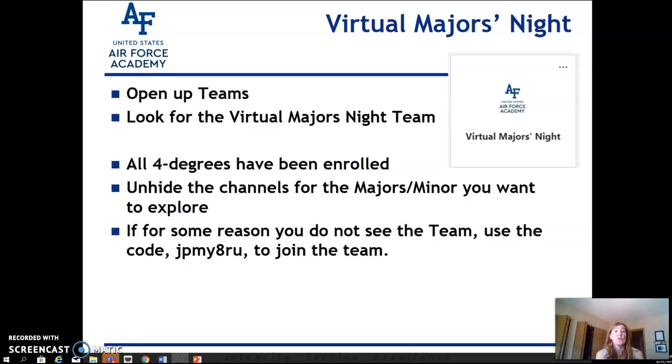Now, it's important to know that you have been enrolled in the Virtual Majors Night team. That team looks like this, so you should be able to find that in your team's screen. Once you're into the Virtual Majors Night team, you can unhide the channels for the 6 majors and minors that you want to explore.